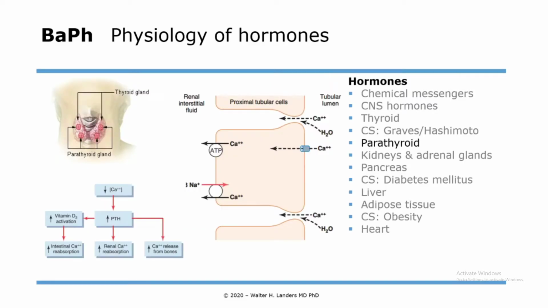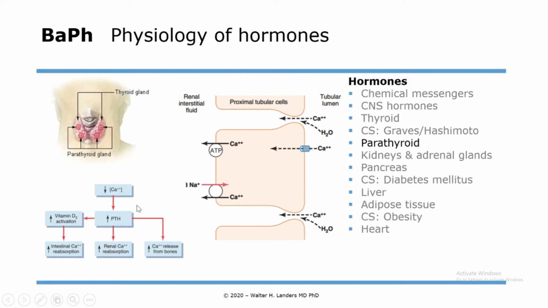Now, you have the parathyroid gland. The parathyroid glands are 4 small glands that are on top of the thyroid gland. And they have nothing to do with iodine, but everything with calcium. In response to low calcium levels in the blood, the parathyroid gland starts secreting